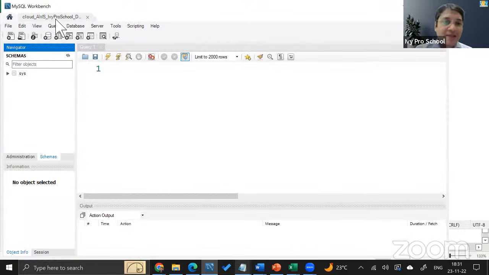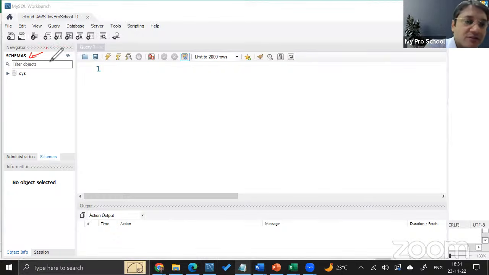And then it'll open a tab like this. You can see the tab name is the same name that I gave at the time of creating the connection. And then it will show me the databases which are already there. The schemas here basically mean databases. Right now, there is only one database. It is showing sys, which is the default database. Don't play around with it. Basically, this database server that I'm working with right now doesn't have any other database in it at all. Imagine sys is just blank. There is nothing in it, basically, right?